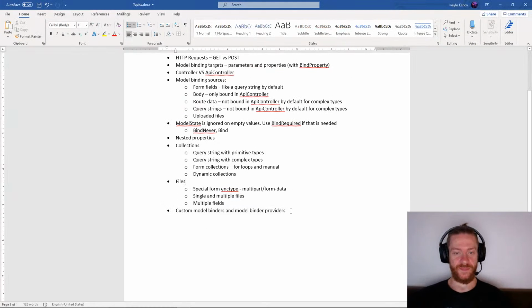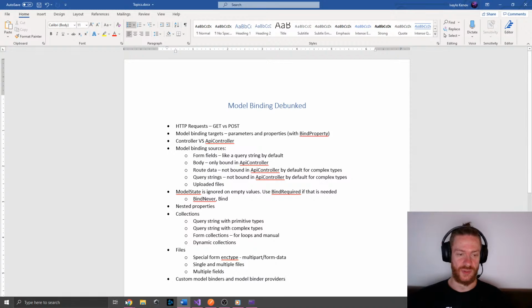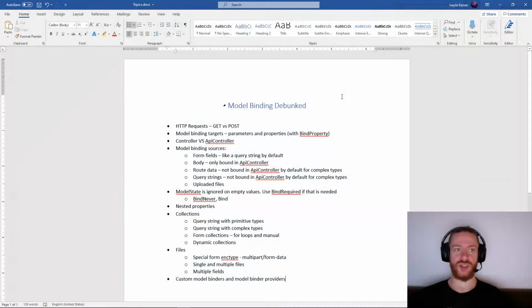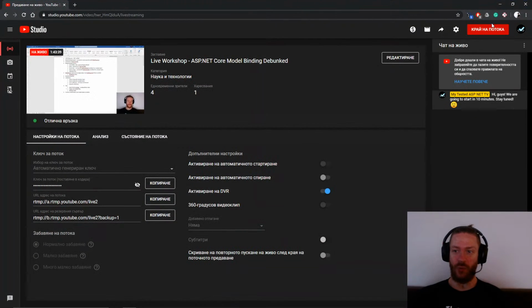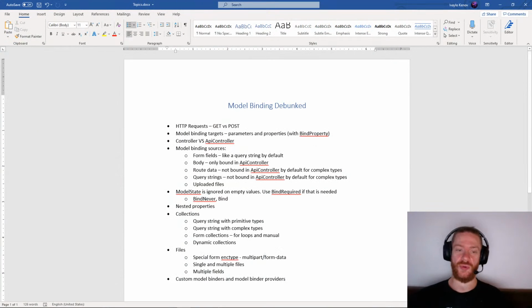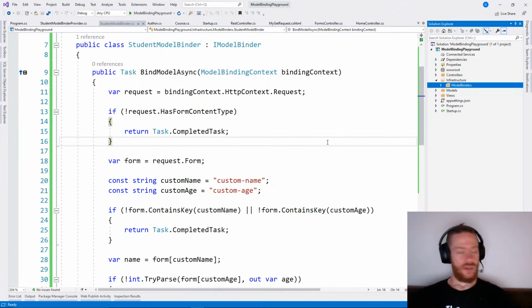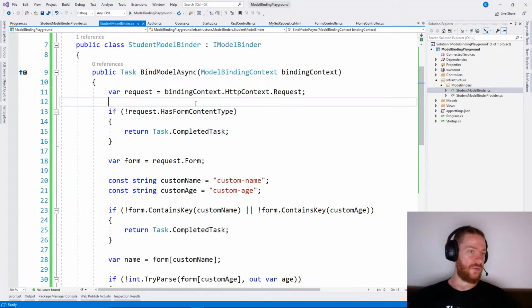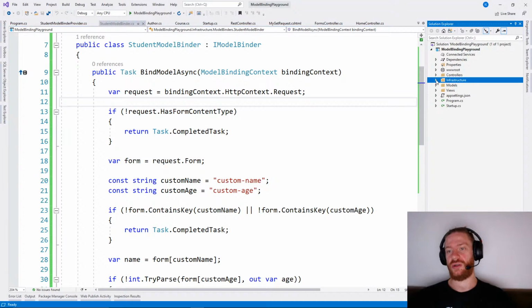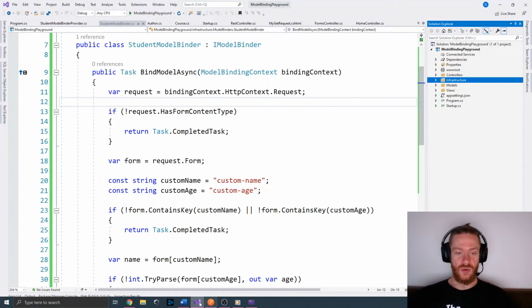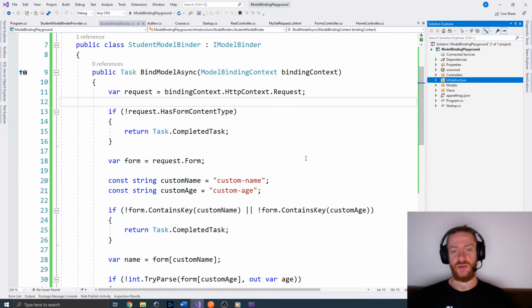That's pretty much it for this workshop, so if you don't have any questions, we may finish it. It's important to know that if you want to ask a question about model binding, you may use the Coded Up group. It's on Patreon, so you may join it if you haven't already. But any question you may have with the ASP.NET Core model binding, you may write it there. Okay, so let's stop the video and